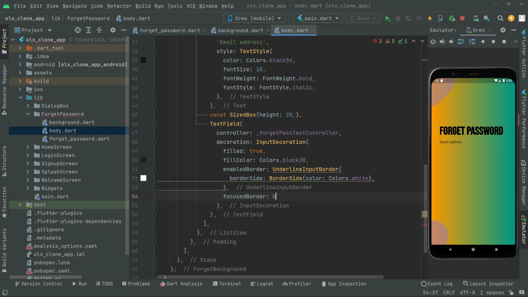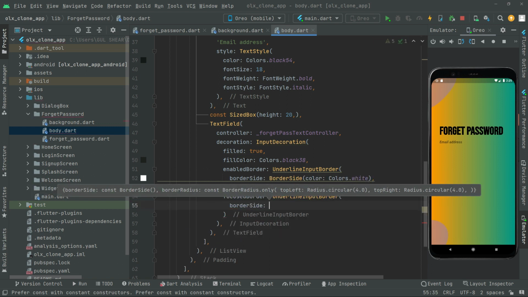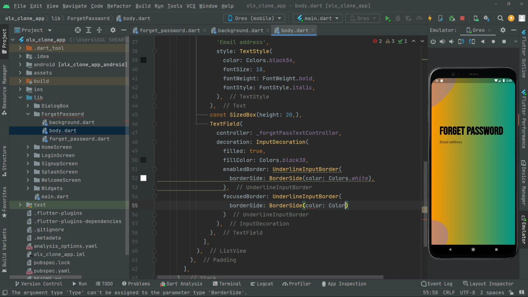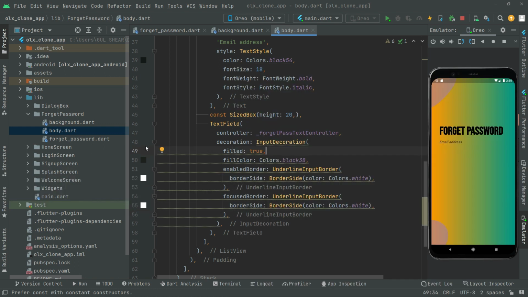So in here we'll provide the UnderlineInputBorder, and in there we will say border side and border side. There we go. Now in there let's provide the color. The color is gonna be white, and add comma, and also in here. Now just provide the const modifier, so the yellow line will be gone then. Okay,